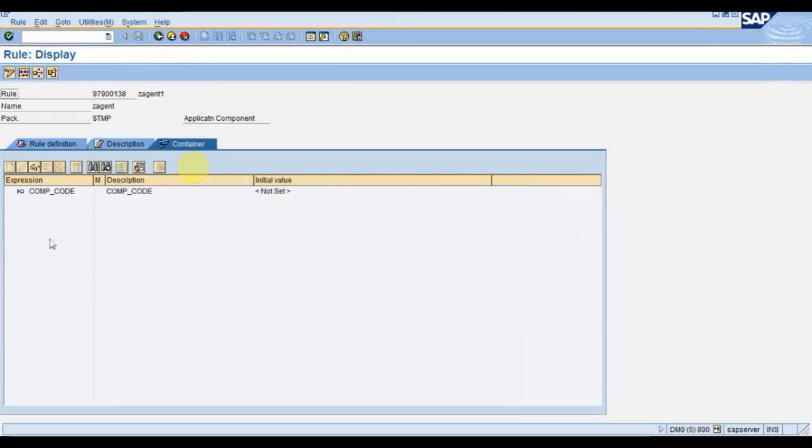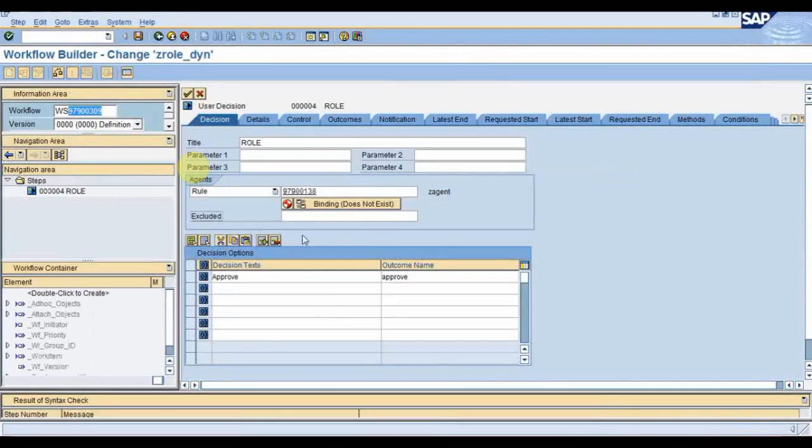You can create elements in this rule container, and through the binding section you can transfer the data from the workflow to the rule container. Similarly, like in the activity step, where we pass the data from the workflow to the task and from the task to the method, here it goes from the workflow to the rule and from the rule to the FM. So this is how it behaves.